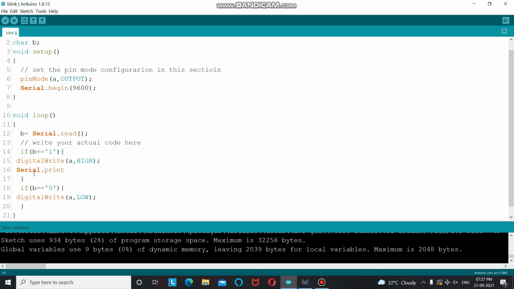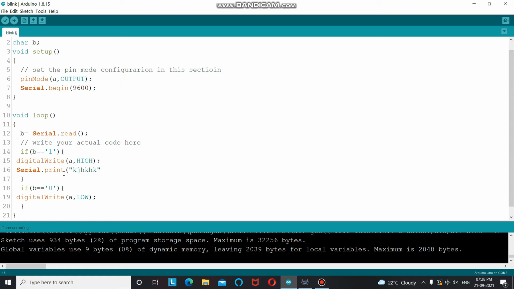When you are writing Serial.print, this will print everything that you write within the double quotes in a single line, like this.